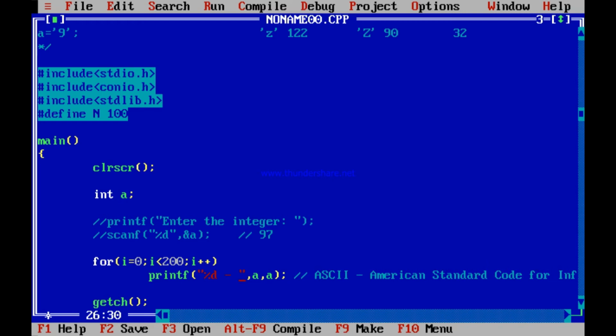I told you every character has an equivalent integer ASCII value. So everywhere I am printing that integer and seeing what is its equivalent character, or, the reverse way, what is the ASCII value of a character. See what is happening. I am printing 0, and %c means the character equivalent of 0. Similarly, next time 1, so it prints the character equivalent of 1.